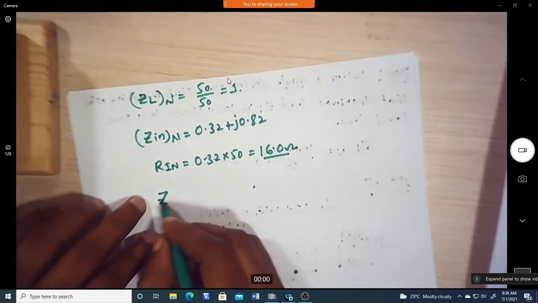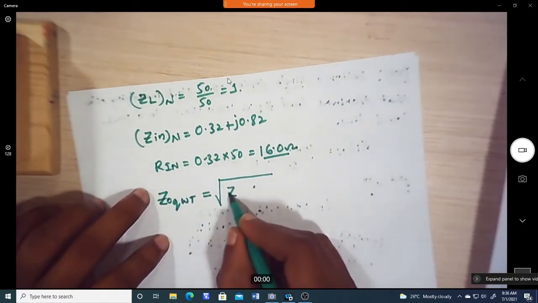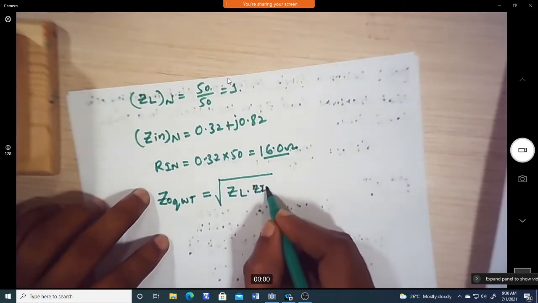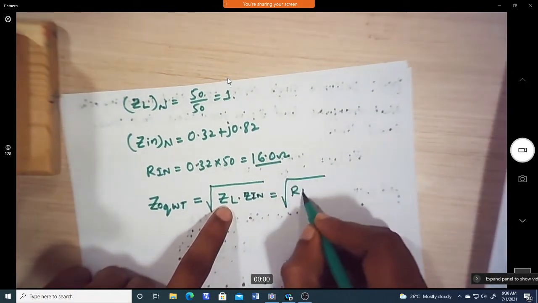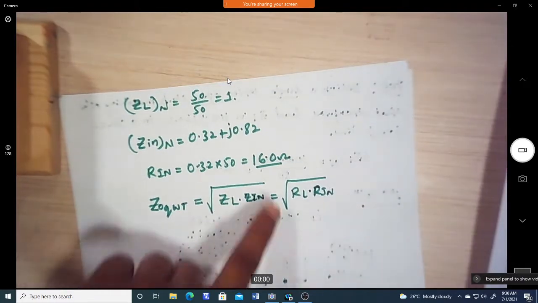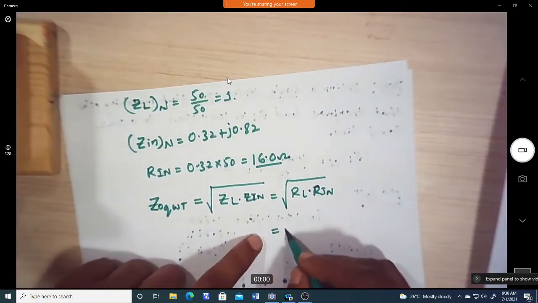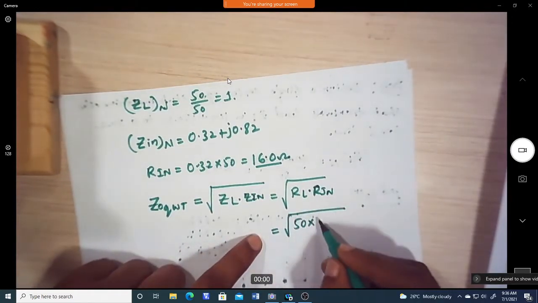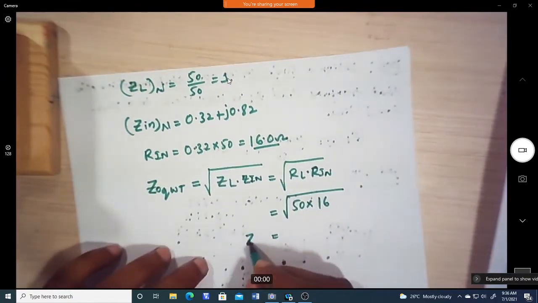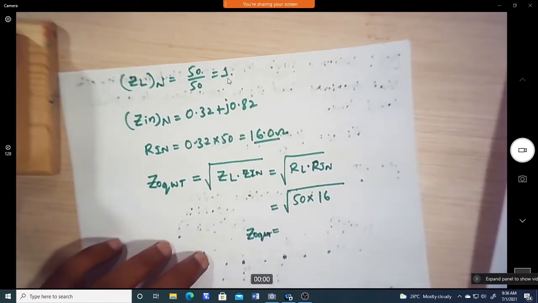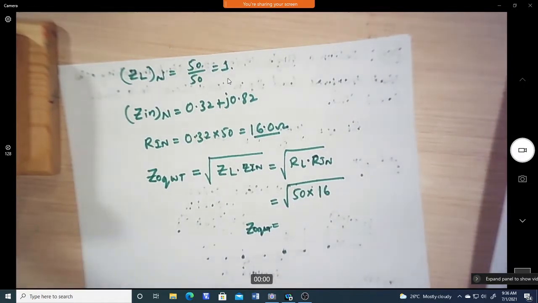Now in order to find out the characteristic impedance of quarter wave transformer, there is an equation which is equal to square root of ZL into Zin. Okay, so we will take always the real parts here. So that is square root of RL into R in. So in general we will write this one, but we will take the real impedances. So now if we take those real impedances, this is 50 into, so R in is 16. So this is the value of the characteristic impedance of the quarter wave transformer. Okay, so now what is the value it is going to have?